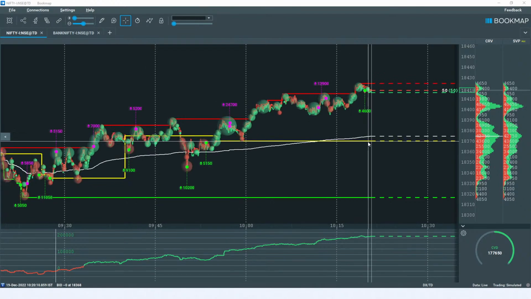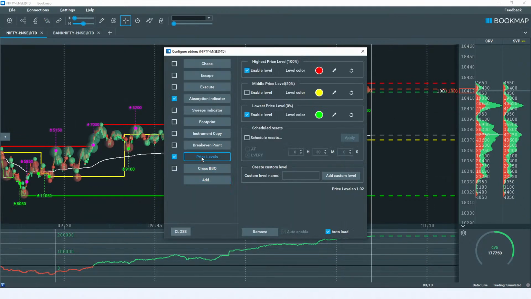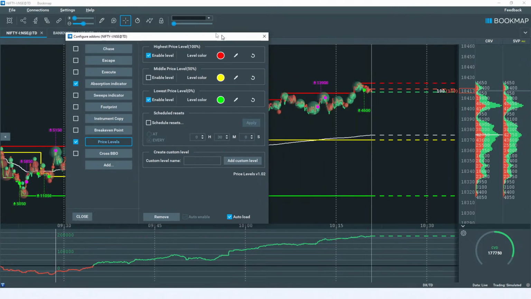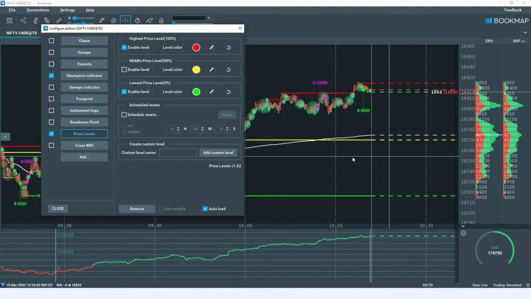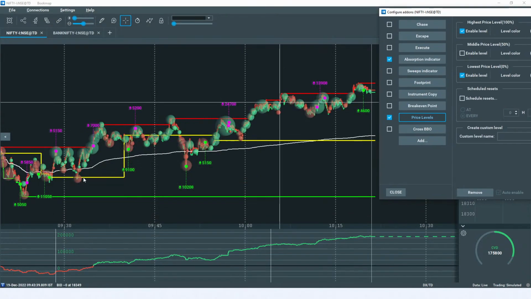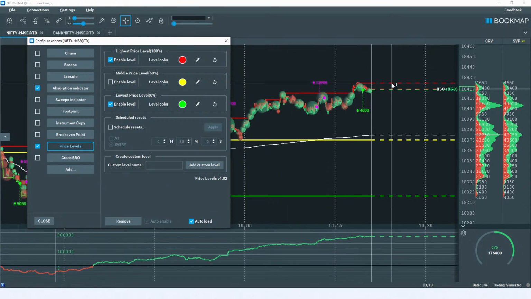This is about the point of control. Then I have enabled a price level indicator. Okay, so this price level, what it simply does is it smartly shows us the 100%, that means the highest level, if you just compare from today's market. Okay, so for example, from the market open, this is the market high. Okay, so around